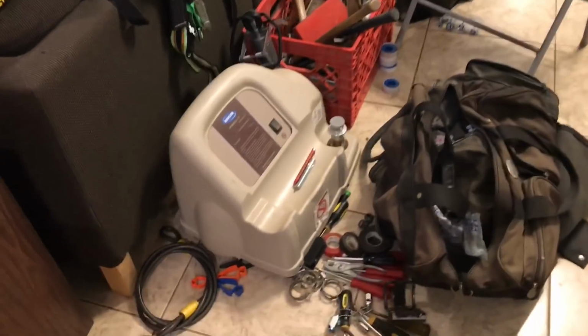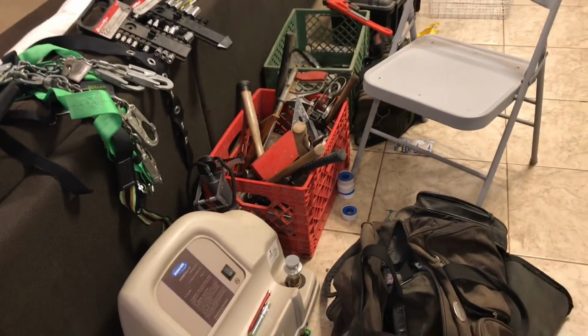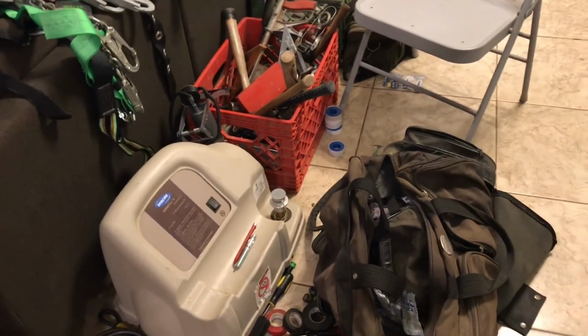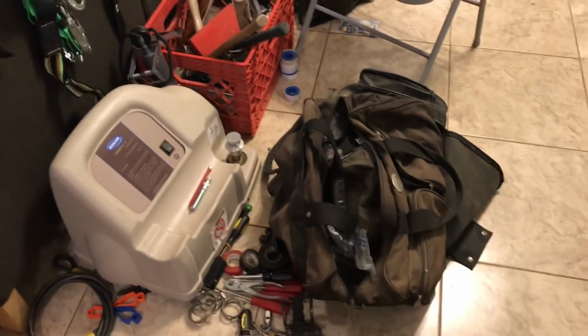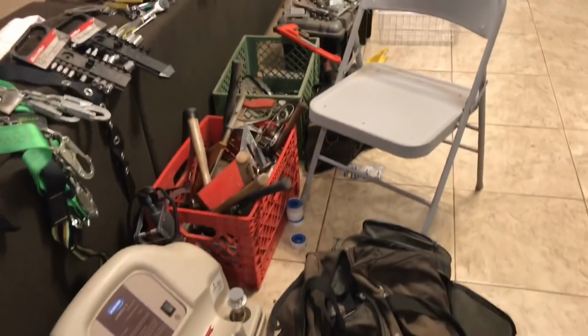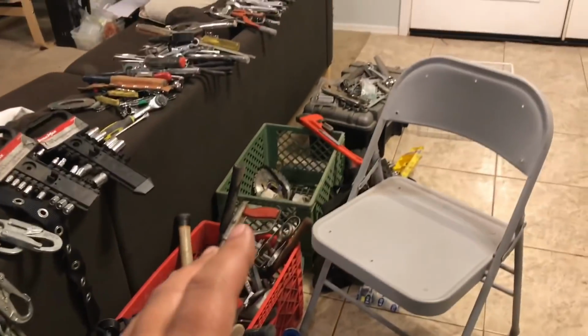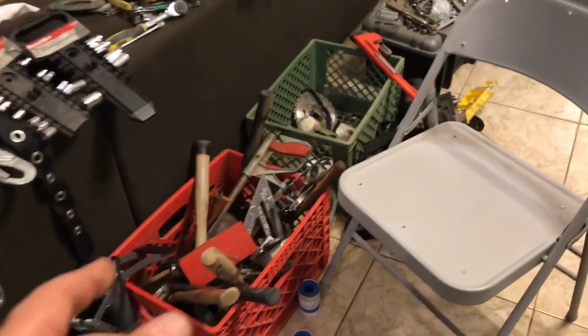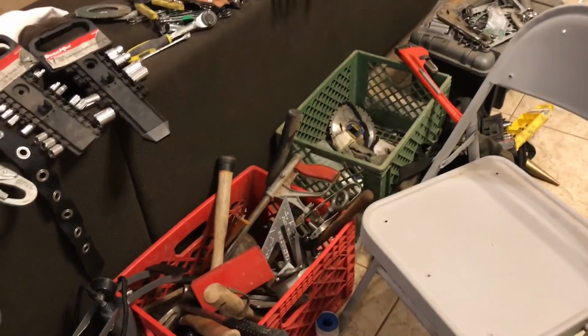All right, let me show you guys what I'm dealing with here. Just had my neighbor Fred over. He's a tool man. Like I said, I'm not very familiar with tools. Obviously, I know the name brand stuff, but I wanted to get his opinion on this stuff, plus work a deal with him. All right, so there's a lot of tooling here, and we sorted through this. There's stuff like Snap-on in here, Proto, Craftsman, all the brands, and there's some cheap stuff,